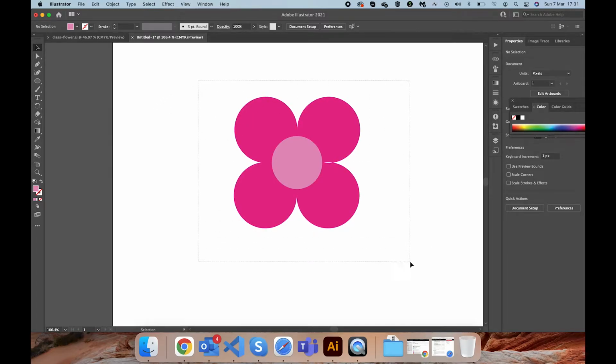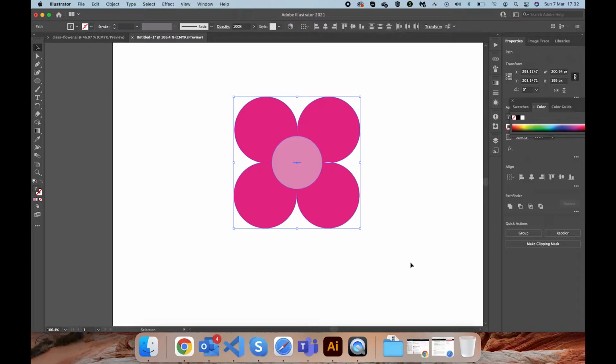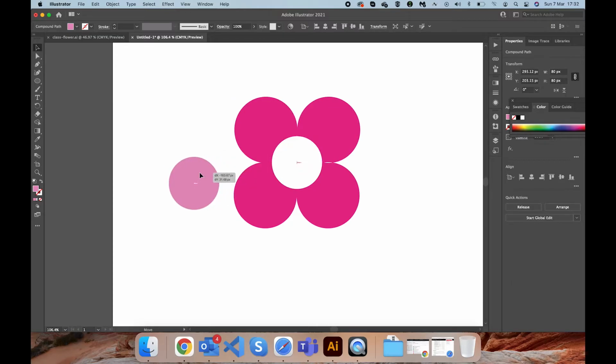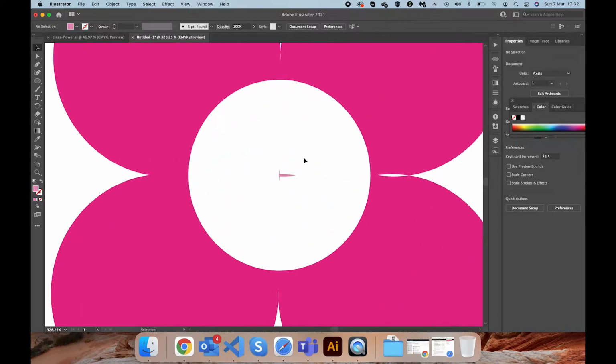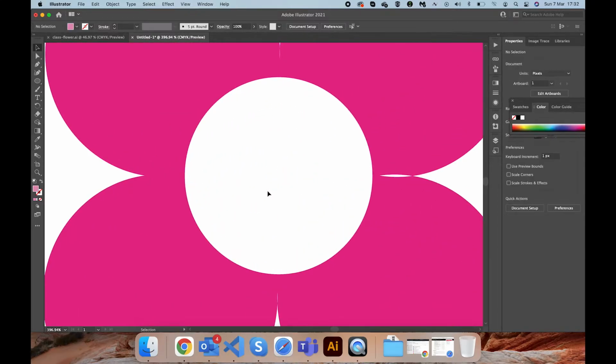Now we're going to select both of them, and then we're going to create a hole inside. We're going to use the shape builder again. Click on this, click back, and here, there you go. I'm gonna remove this. There's something inside. I'll just remove this also. Okay,